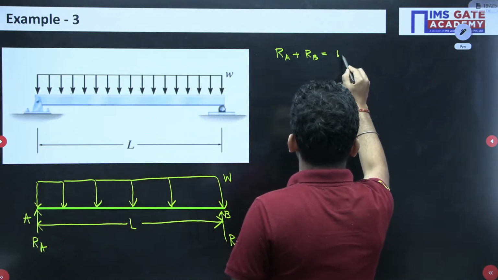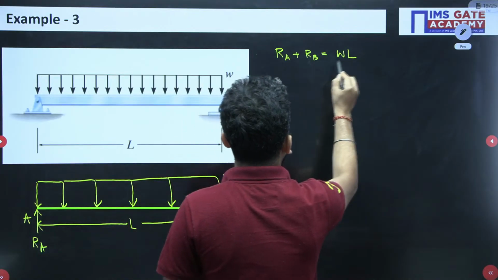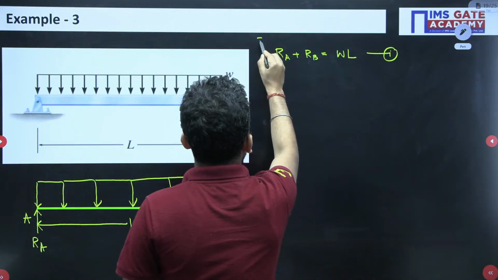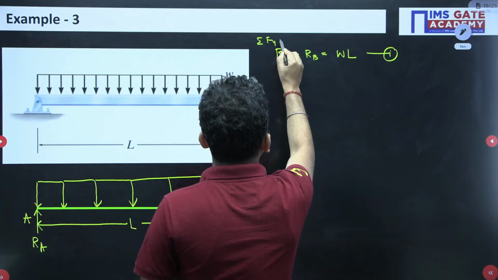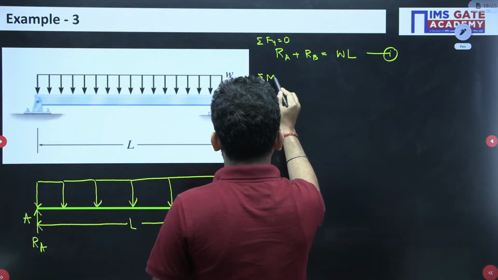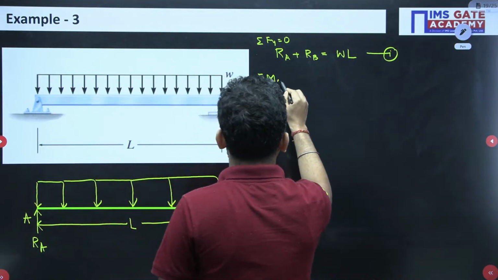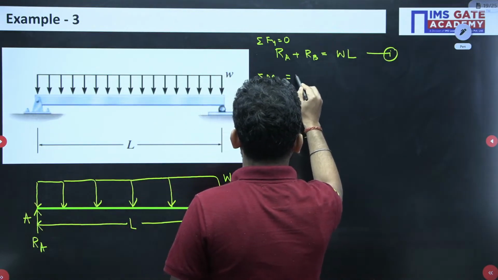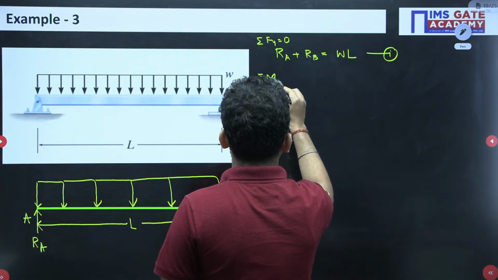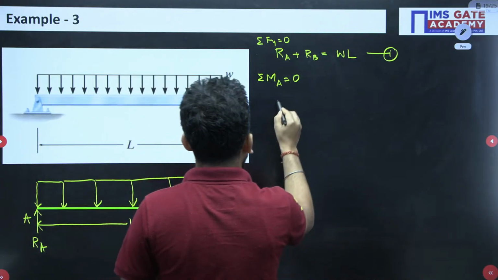That is W into L. And now this is the first equation, that is the force equilibrium, summation of Fy is equal to 0, and now we have to do the moment equilibrium, and let's say I am taking it at point A. So at point A the net moment is 0. So RA effect will be 0. So RB